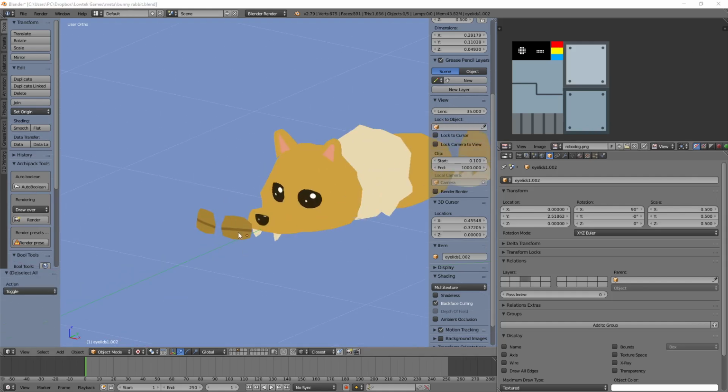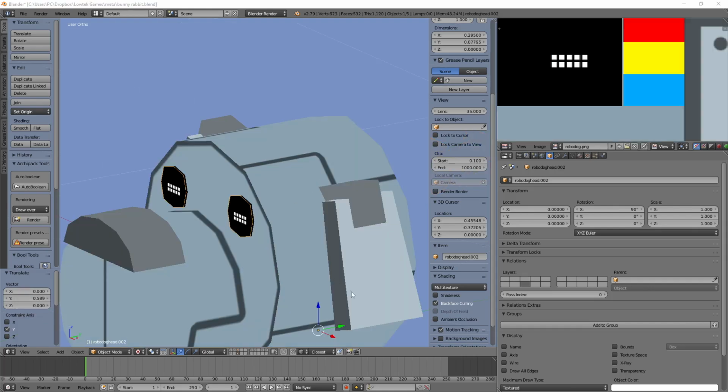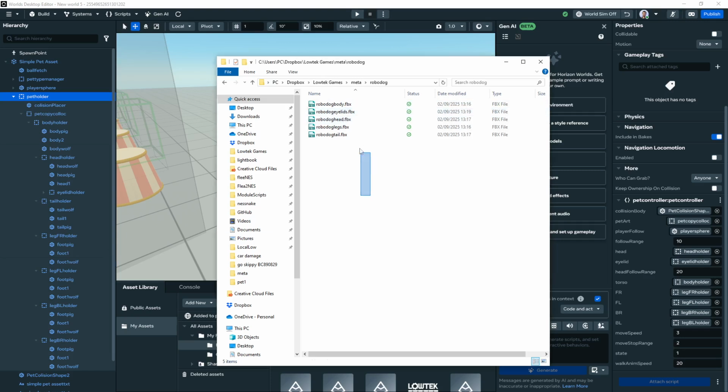Oh, I forgot, another thing you will need is eyelids, and these should be able to cover over the eyes. In the case of this robot dog, they're going to look something like this, because I want them to look like a little LED screen, and they'll just be turned on and off so it blinks. Once you've exported all those parts, that's the body, the eyelids, the head, the legs and the tail,